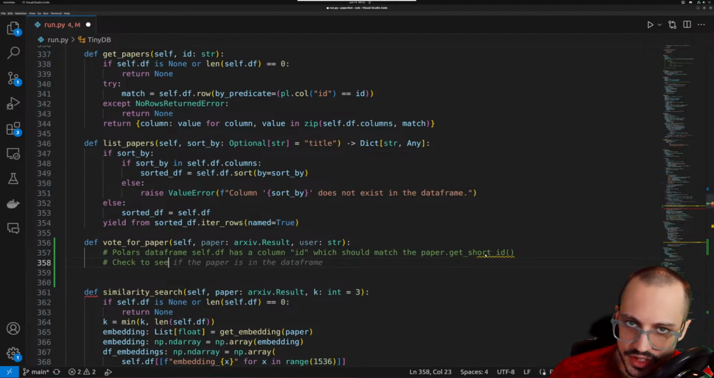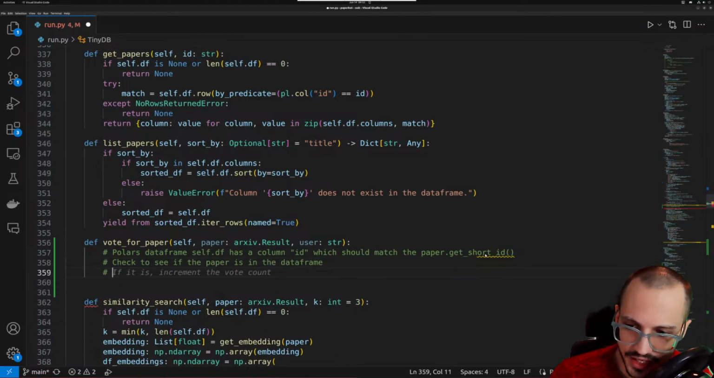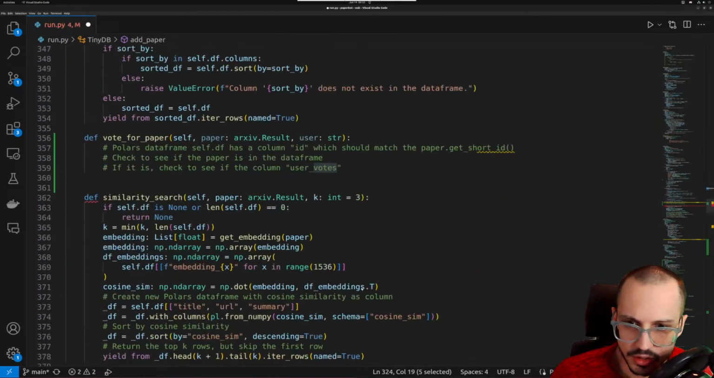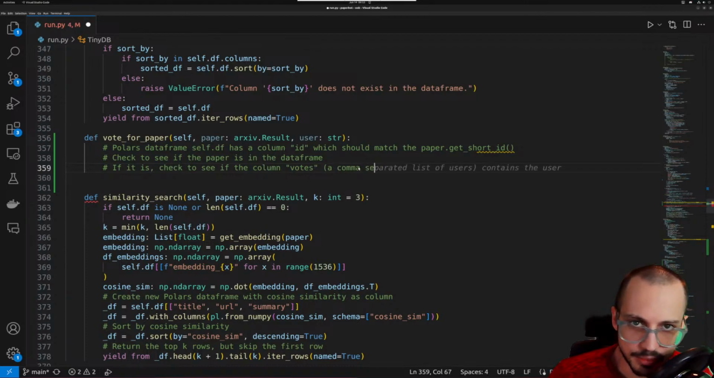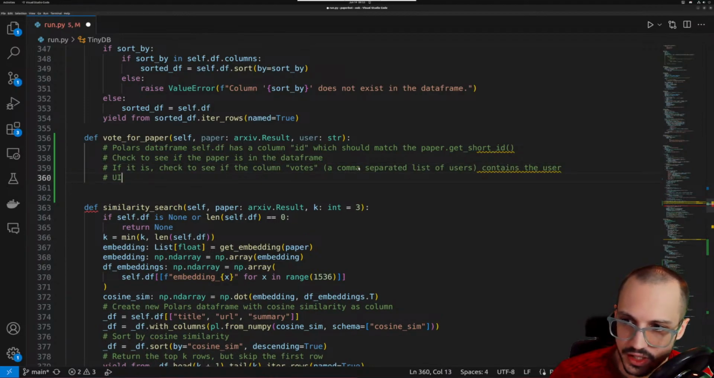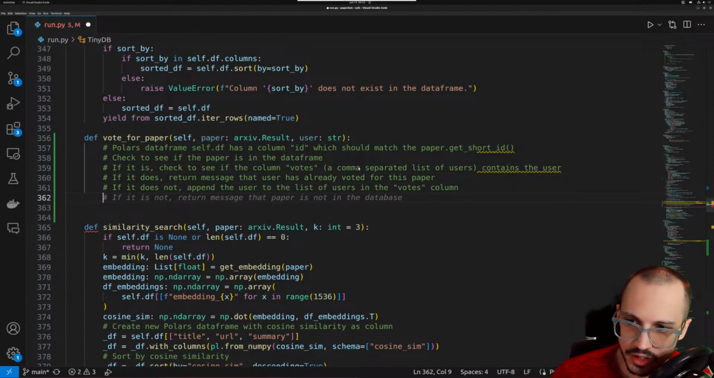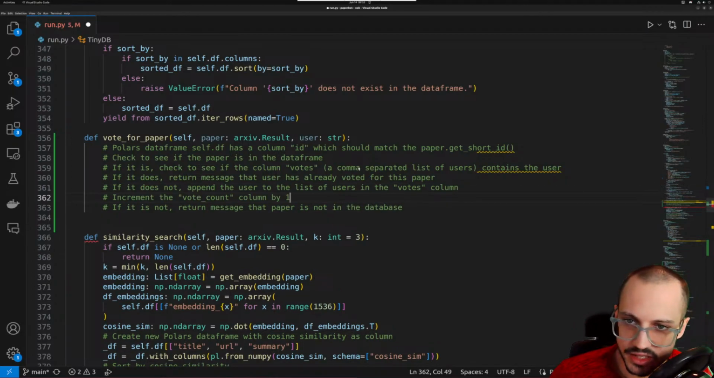So check to see if the paper is in the data frame. Then if it is, check to see if the column user votes. What did we call it? Did we call it user votes? We called it votes. A comma separated list of users contains the user. If it does, return a message that user has already voted. If it does not, append the user to the list of users in the votes column and increment the vote count column by 1. If it is not,